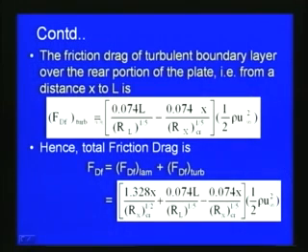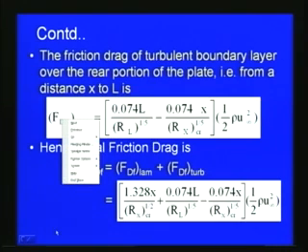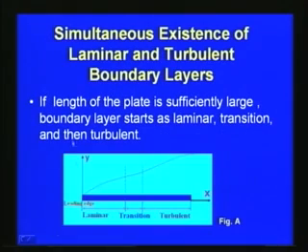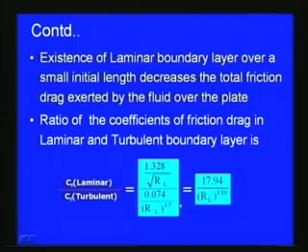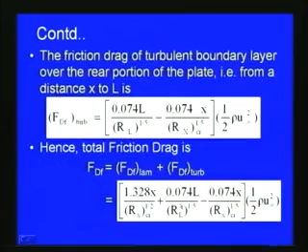So, now if we use this value 5 into 10 to the power 5, then we can show that the friction drag of the turbulent boundary layer over the rear portion of the plate, that is from a distance x to L. Here you can see that if this is the transition range, then this L is at this end. So, with reference to this, the friction drag of the turbulent boundary layer over the rear portion of the plate, from distance x to L, is FDF turbulent, equal to 0.074 L divided by RL to the power 1 by 5,